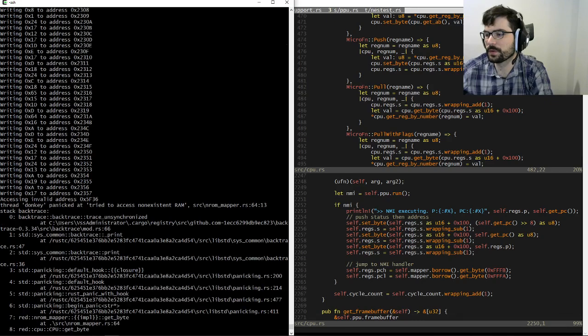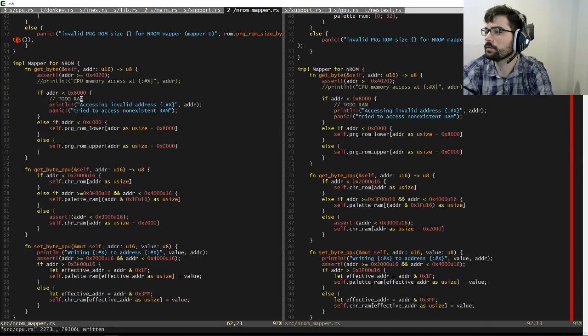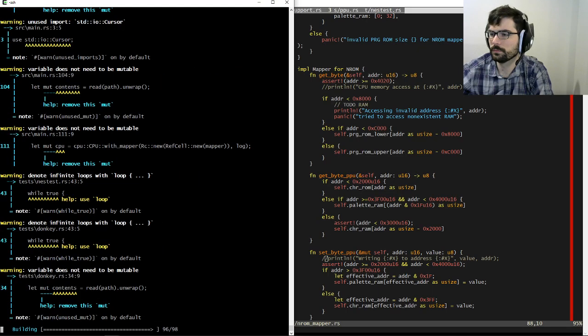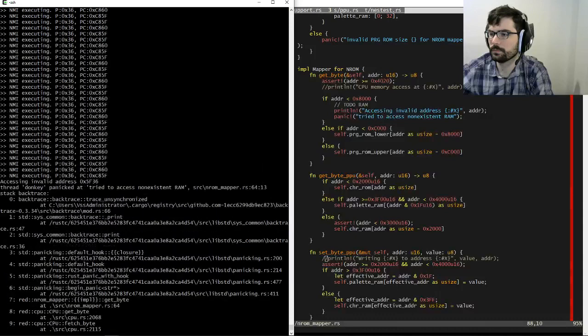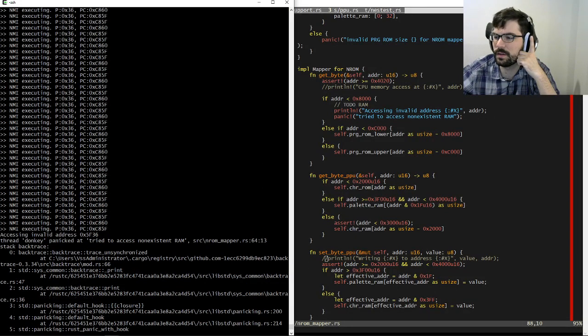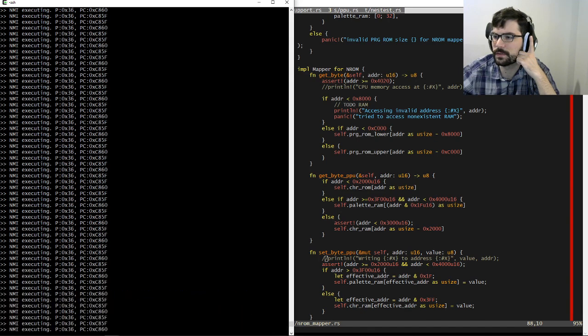I should get rid of this writing to address thing also. And it's not like this is the first time I've executed an NMI either, but for some reason it comes out screwy in this case. Right? Like we've done a bunch of these.